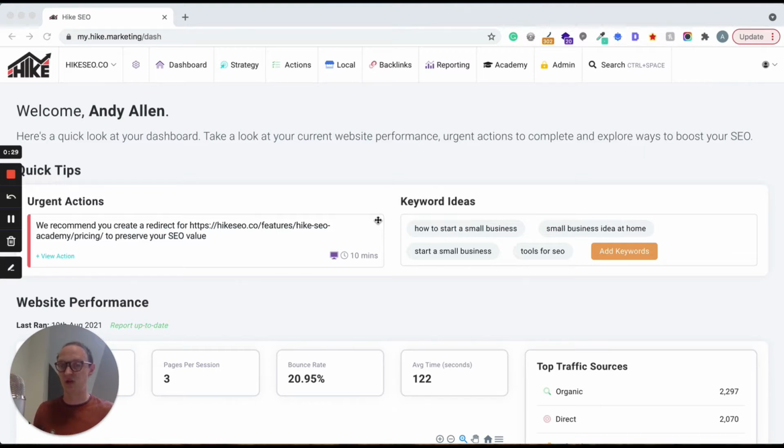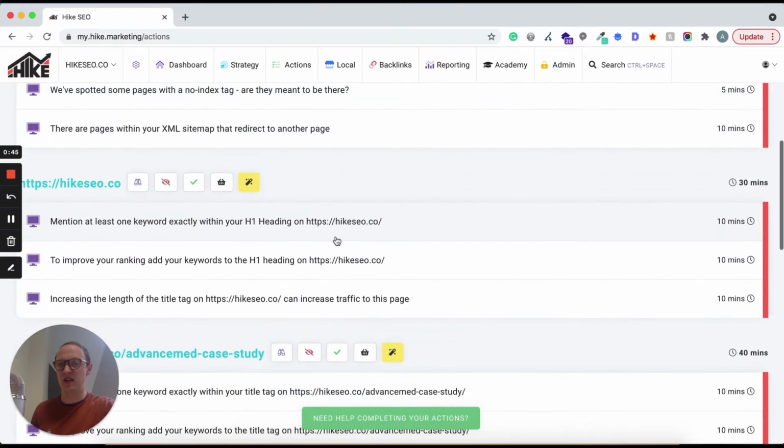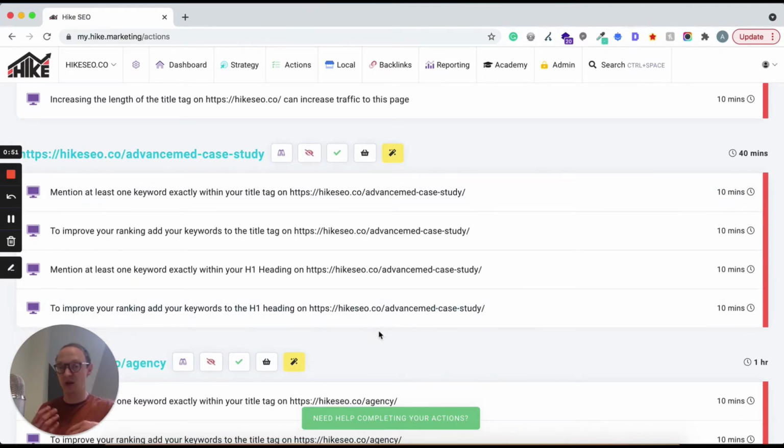Okay, so let's run through our latest feature that we just rolled out a few days ago, which is the Page Level Explorer. So if you're working on Hike and you're working on a particular page, you go to your actions. So let's go here, right? You go to your actions, and then you see there are some actions for your homepage or any particular page, maybe this one here. And you're like, okay, I've got 4 actions here, because what Hike does is it works on how much time you've set, priority of actions, and gives you, let's say in this case, 4 actions for this page you need